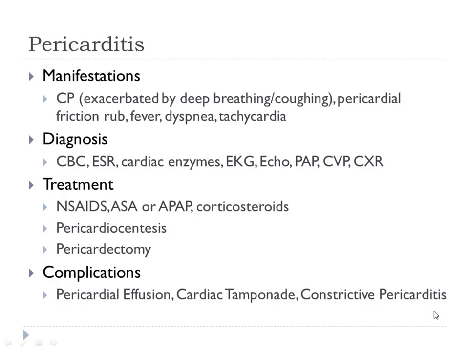What else? Pulmonary artery pressure tells us about the pressure in the pulmonary artery. So as it's higher, we have an increased risk of pulmonary edema and things like that. CVP, remember, tells us about what? Well, it stands for central venous pressure, but what does it tell us about? It tells us about the pressure in the right atrium, but fluid volume status. So the higher the CVP, the more volume we have. Yep, usually. Unless we have a bad pump, and then it can be a false elevation. See, I never say always. But in general, that's the definition of it. Chest x-ray to look at the pericardium.